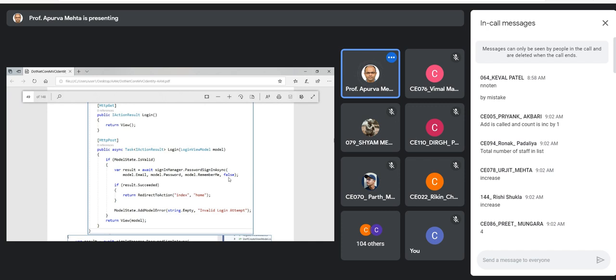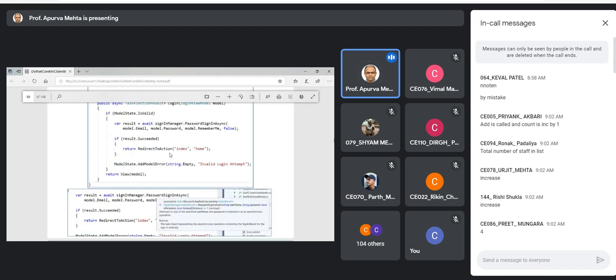It is lockoutOnFailure: lock the account if the sign-in fails. If the sign-in attempt fails, then it will lock the account. If it is true, that means it will lock the account if the sign-in attempt fails. That's why right now we are keeping it false.